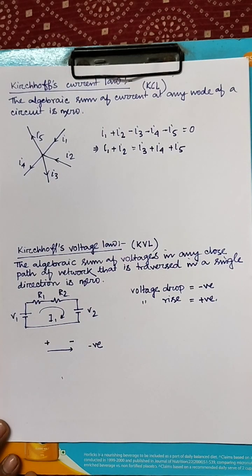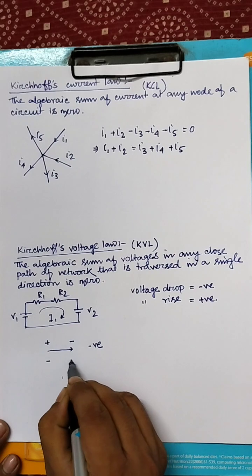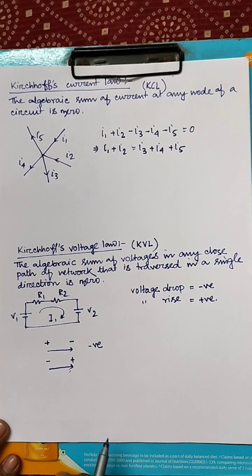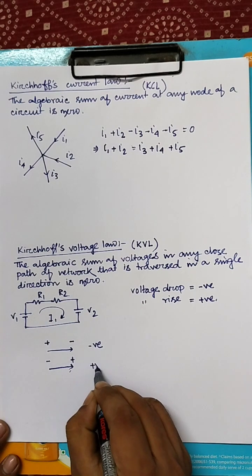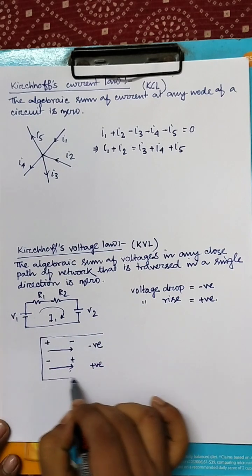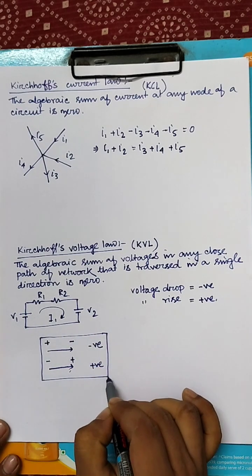But if the direction is negative to positive, current is entering from negative to positive, then consider voltage rise, that means positive. So considering this concept, we can write the equation along with Ohm's law,